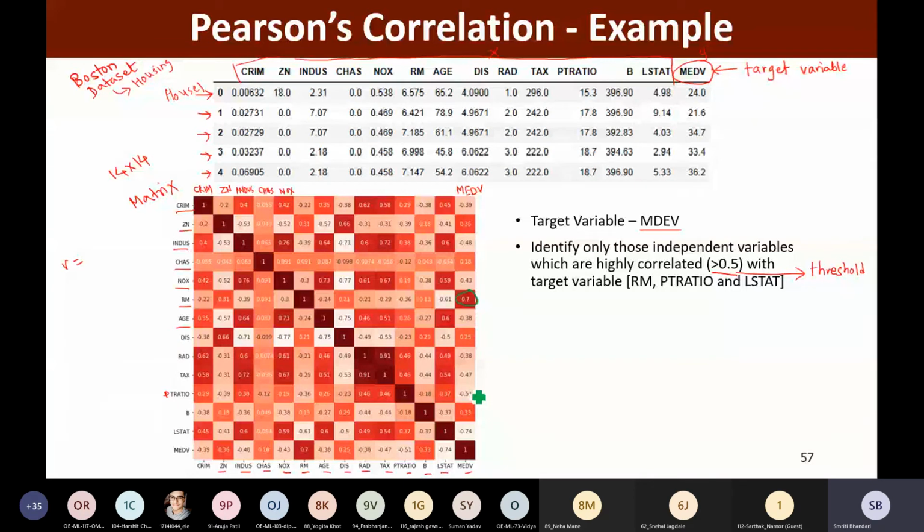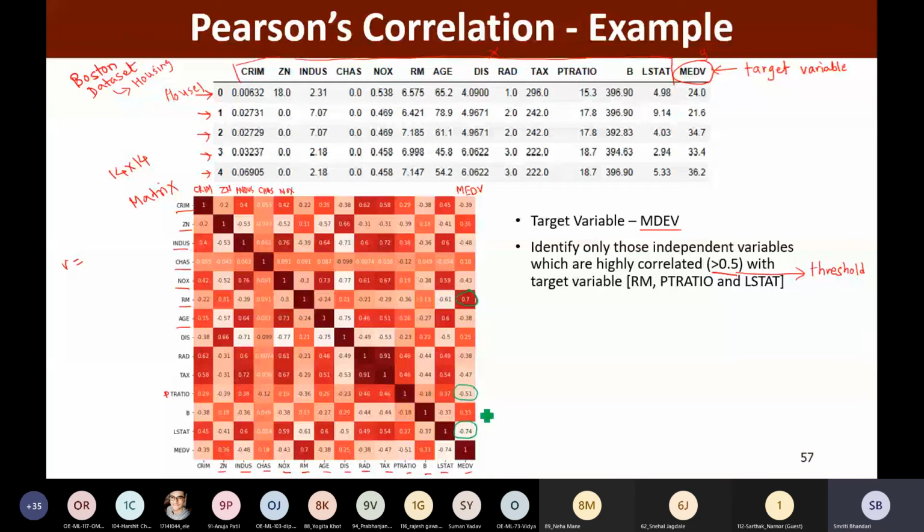Right? Then that is greater than 0.5. Then I am having here this, that is 0.51, and I am having here this, that is 0.74. Correct? So out of those 13 independent variables, these 3 features are highly correlated with our target variable, that is MEDV.